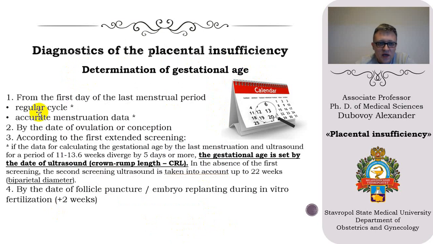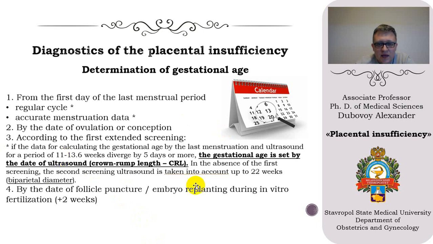Gestational age is determined from the first day of the last menstrual period when a woman has a regular cycle and accurate menstruation data. But the data of ovulation or conception, if a woman knows it, and the first extended screening are also used. If the data for calculation of gestational age by the last menstruation and ultrasound for a period of up to 30 weeks and 6 days diverge by 5 days or more,